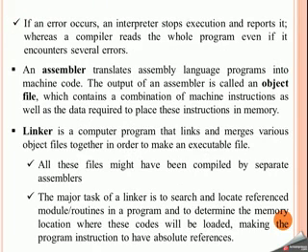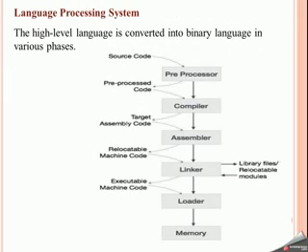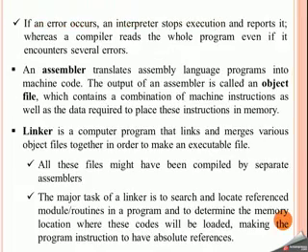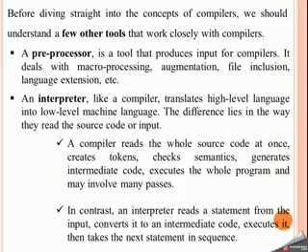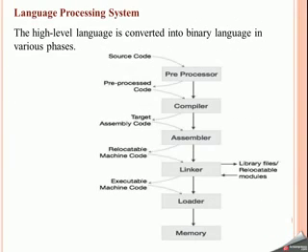The assembler translates the assembly language program into machine code, and we know that the output generated by the assembler is called a relocatable object file, or relocatable object code, or we also call it machine code. And then the next tool we have is the linker. From the diagram you can check that the machine code or the object code is fed to the linker and the executable code is generated.